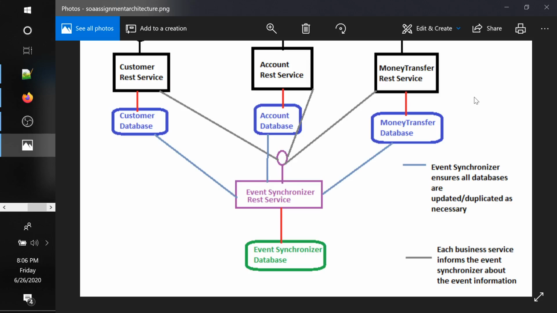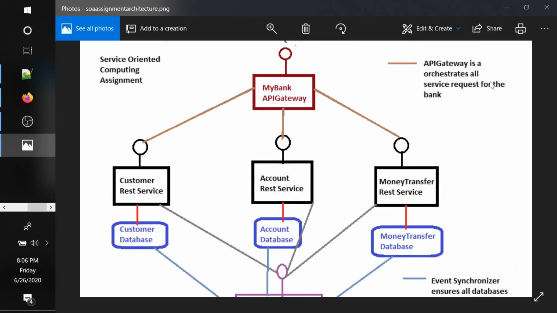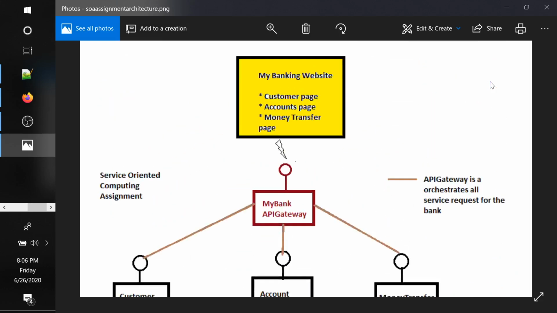In the real world, you may have many systems. In this case, I have 3 systems, and you can also duplicate this system any number of times. So if you have come across Netflix, right?